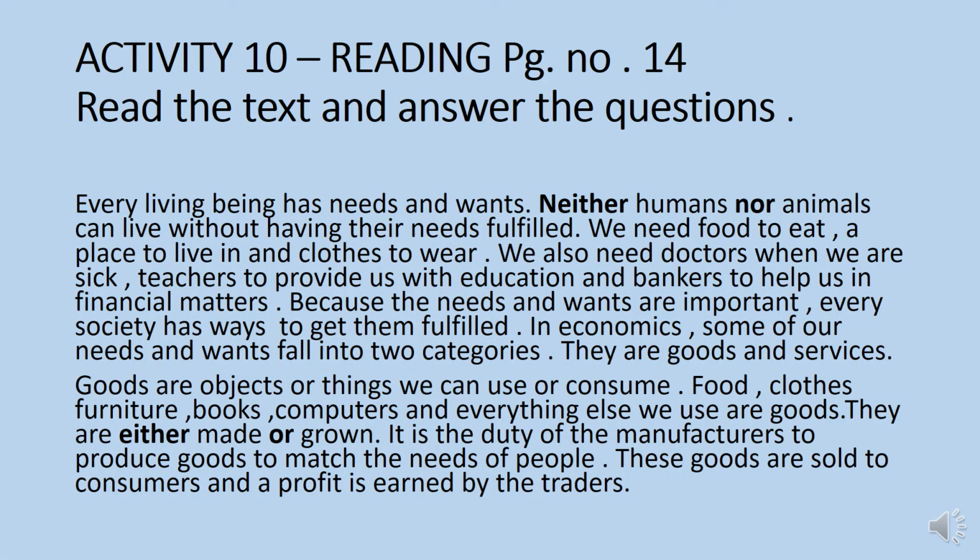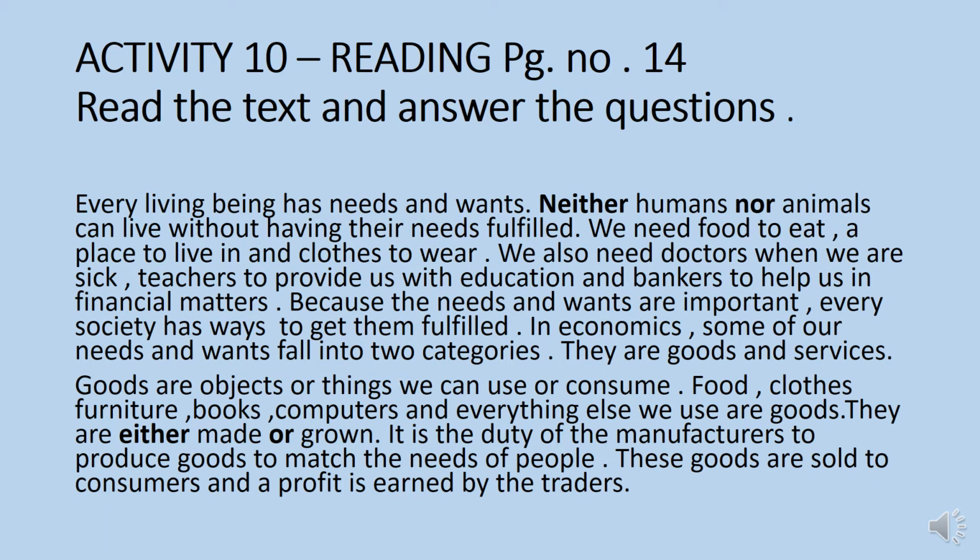Activity 10, reading, page number 14. Read the text and answer the questions. So this one is according to the neither, nor, either, or grammar part. So you have to read it carefully. Every living being has needs and wants. Neither human nor animals can live without having their needs fulfilled. We need food to eat, a place to live in, and clothes to wear. We also need doctors when we are sick, teachers to provide us with education, and bankers to help us in